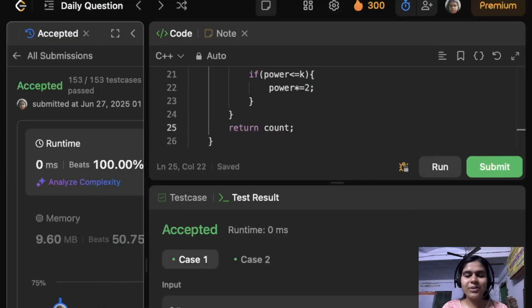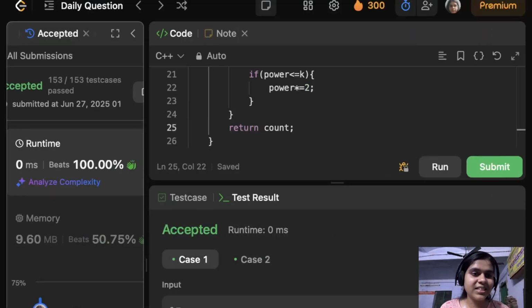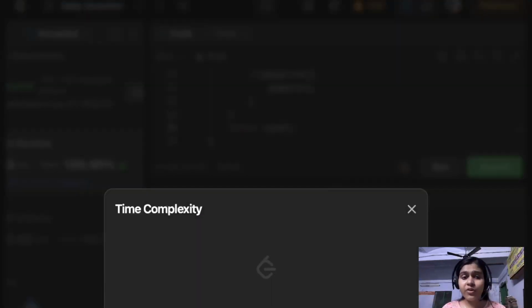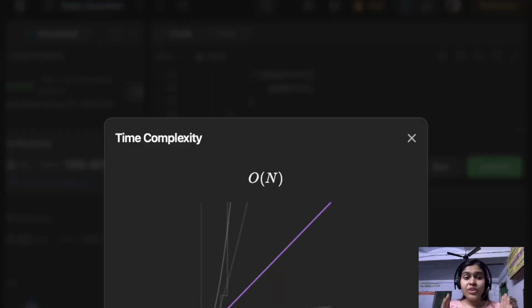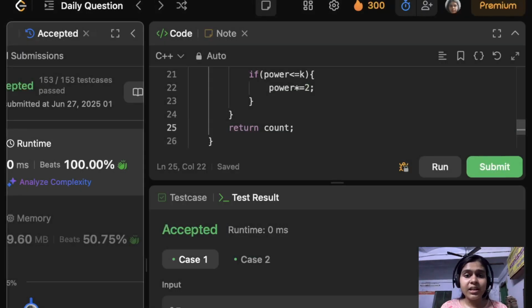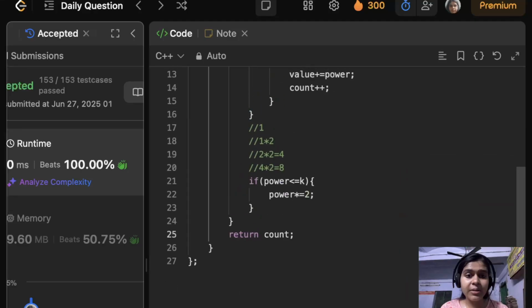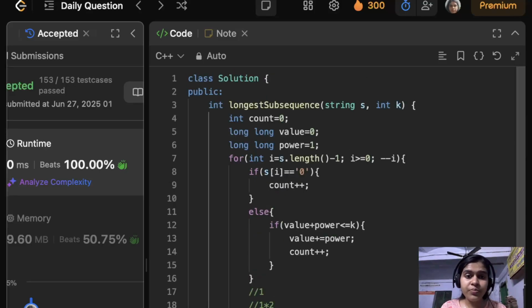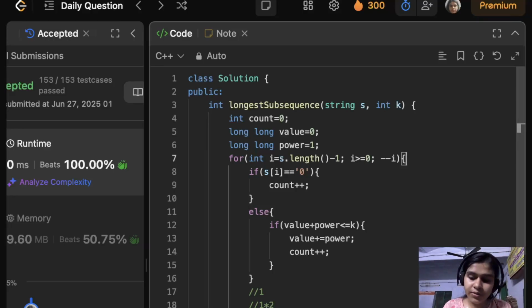Here we have completed a streak of 300 days, and if we analyze the complexity, then it's big O of n, because we are iterating each character only once. So the time complexity is big O of n because just one pass is needed from right to left in this for loop, right?